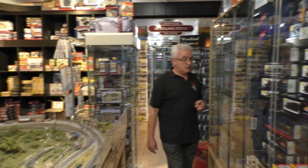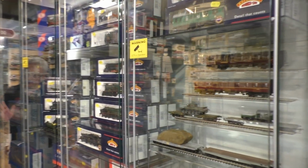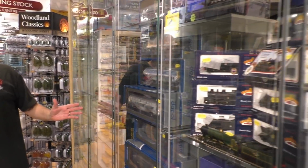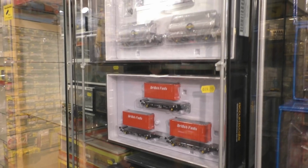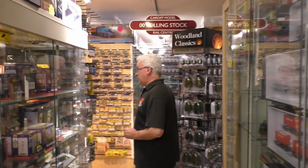Now as we move down, we can then see some of the products that we stock from both Bachmann, Dapol, and also just been released today are the Accurascale models, which are a new line, which are absolutely fantastic. And then as we carry on down,